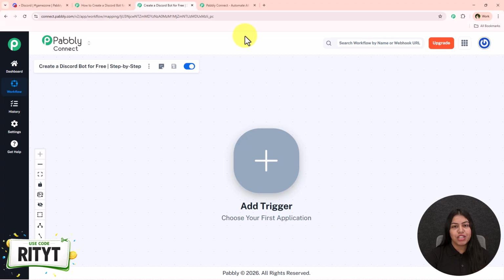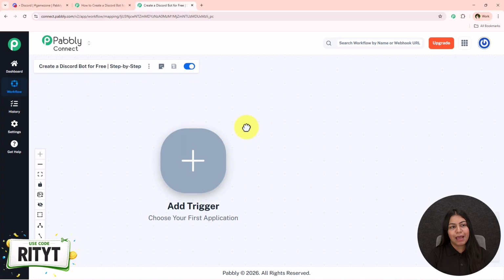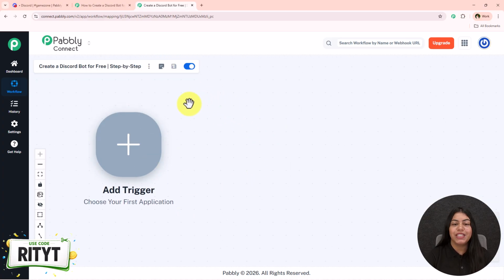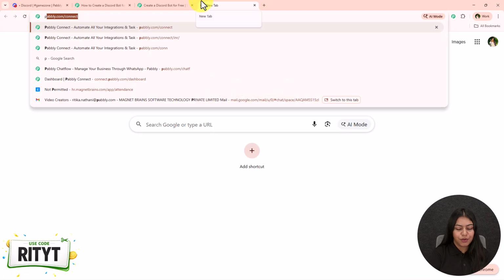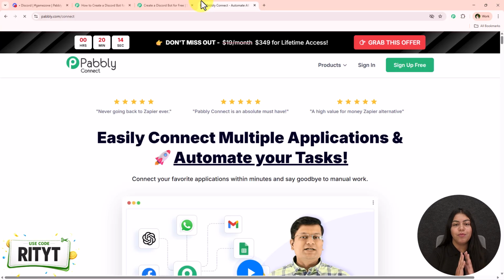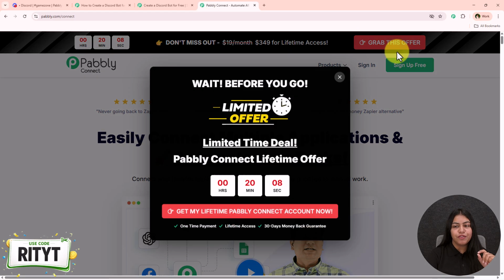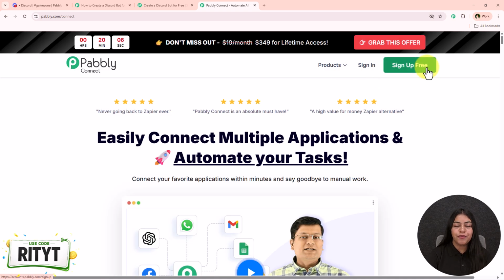So to create this, you just have to open your workflow builder inside Pabbly Connect if you are an existing user like me. But if you are a new user, open a new tab and search for pabbly.com/connect in your browser and open the landing page of Pabbly Connect. In the top right corner, you're going to see the option of sign up for free. So click on this sign up for free and you are going to get 100 tasks free every month